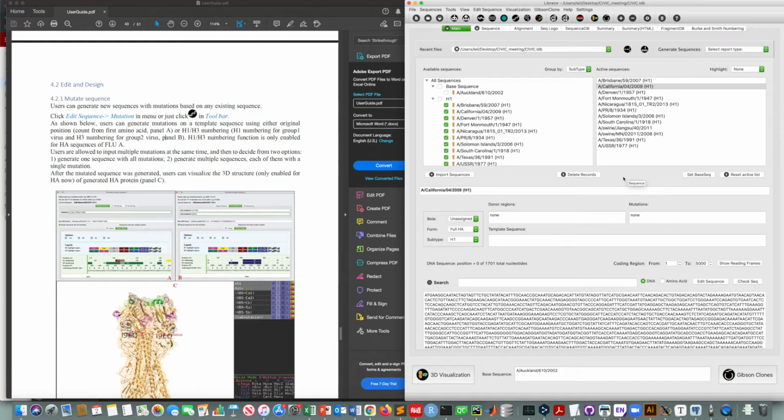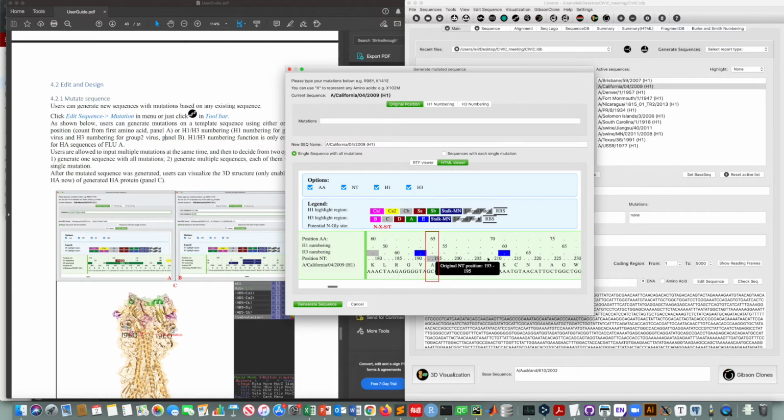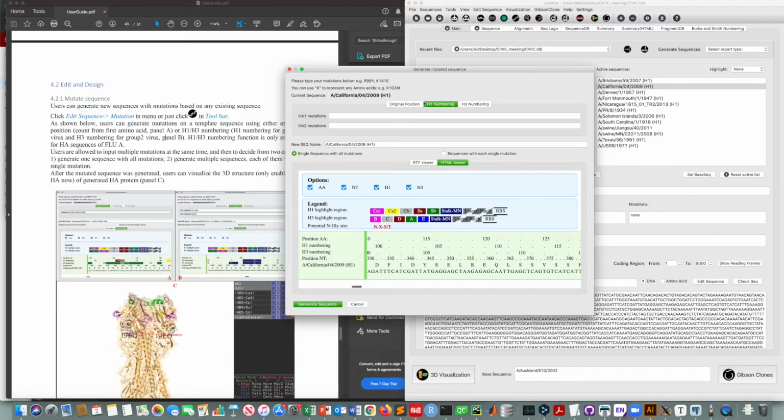Mutating sequences in Librator is easy and simple. For example, you just need to click any sequence you want, then click here, mutation. Then here, your sequence will be aligned against our H1 and H3 number rulers. And for all the HA sequences, users are allowed to mutate your sequence using either original position, H1 numbering, or